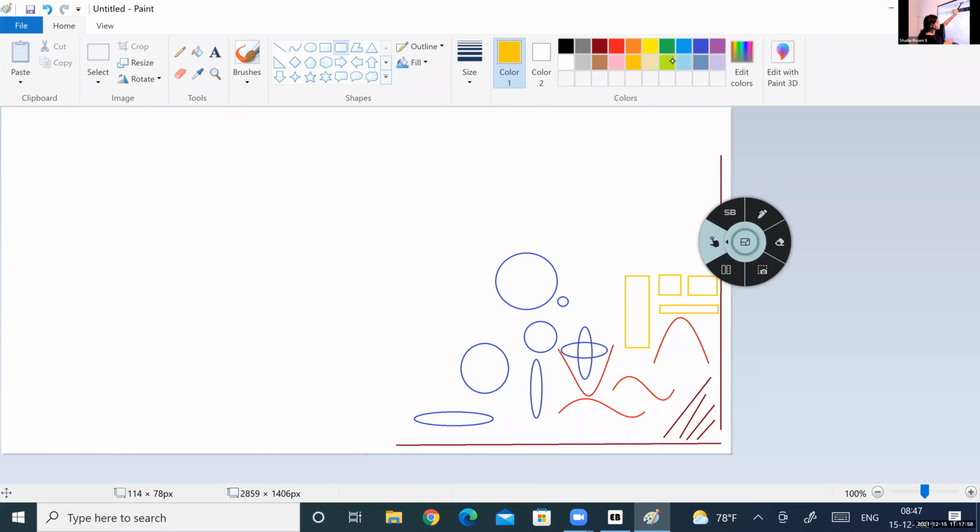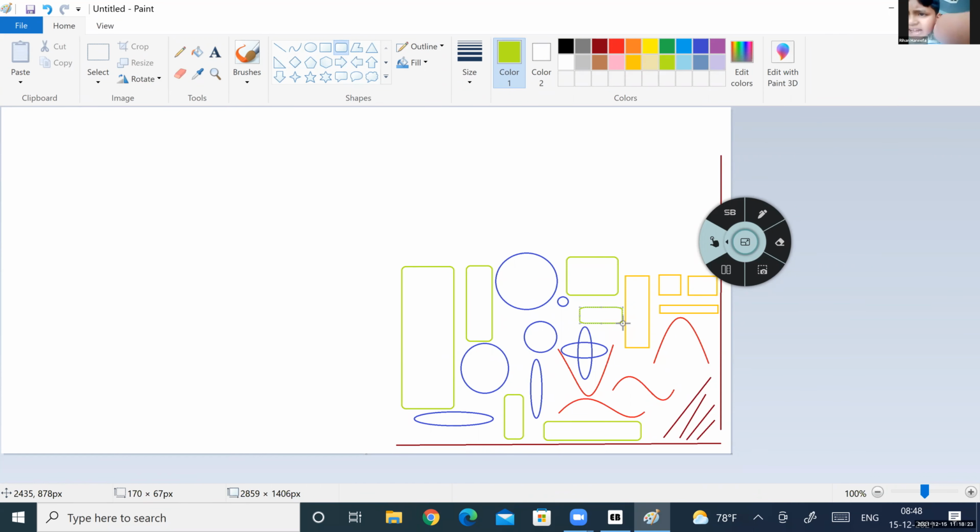What is this called now? Rounded rectangle. See, the corners of it are rounded, isn't it?